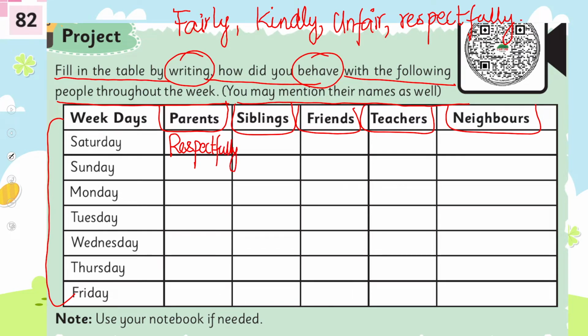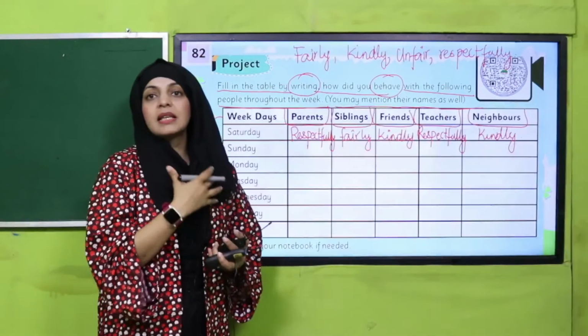Then comes, how did you behave with your siblings on Saturday? So if you played with them fairly, then you can write here fairly. With your friends, nicely or kindly. With your teacher, respectfully. And with your neighbors, kindly. So this is how you will fill in the table according to the day, जिस दिन आपने किस तरह का